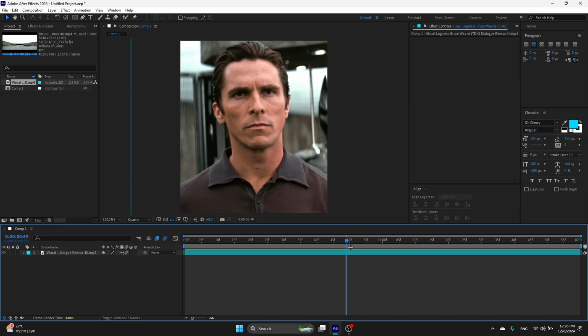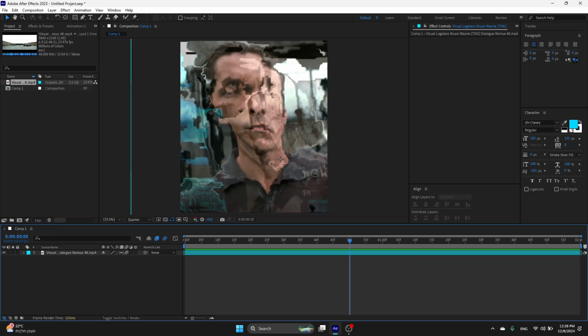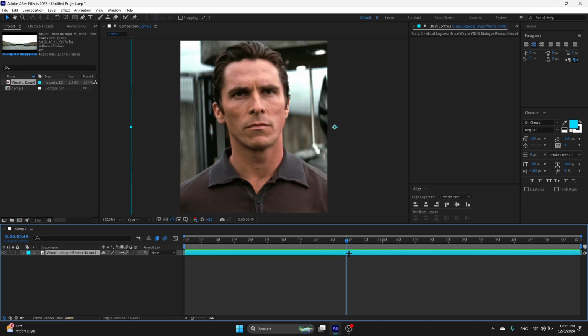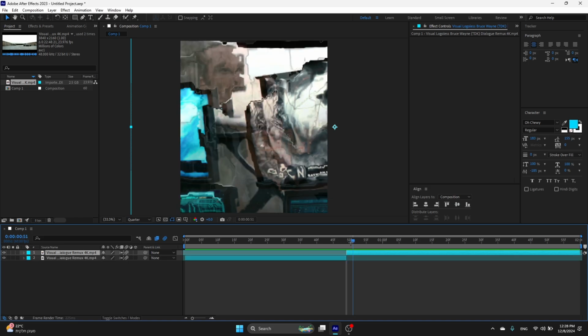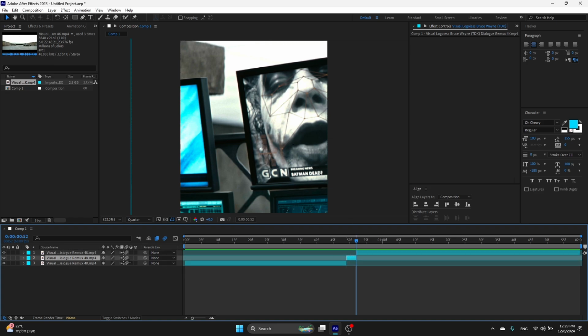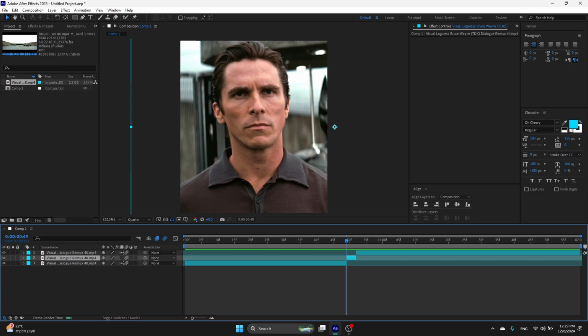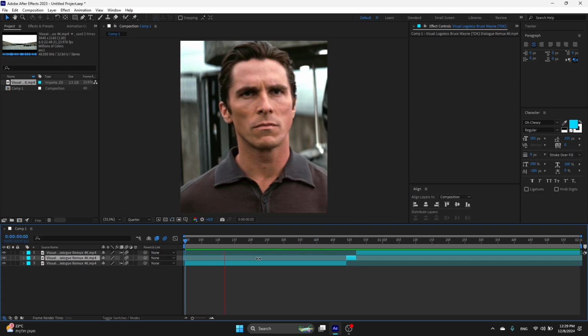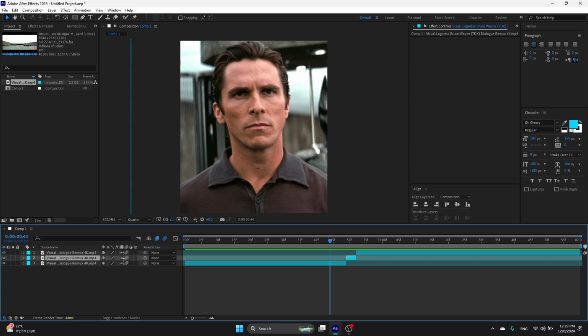Just go back to where you don't have the glitch anymore. Just one frame back. Press Ctrl Shift D to cut this out. Go to the right, to where the glitch ends, Ctrl Shift D. On this part, turn off the frame blending, okay? And it's okay. I'm gonna show you how it looked before.